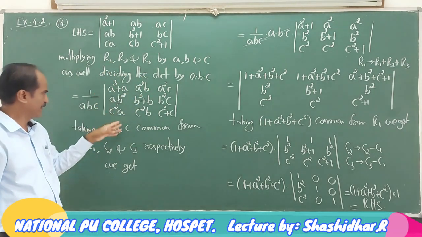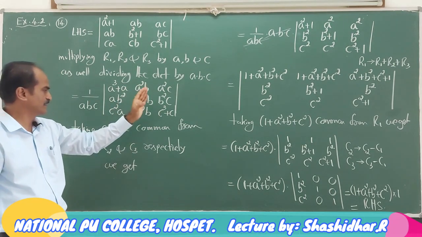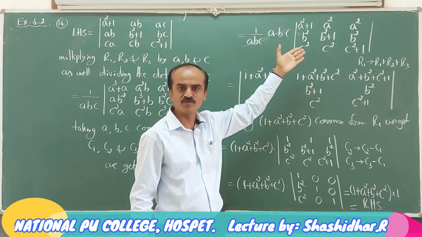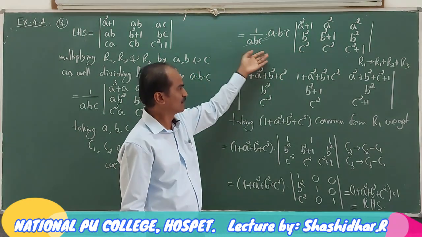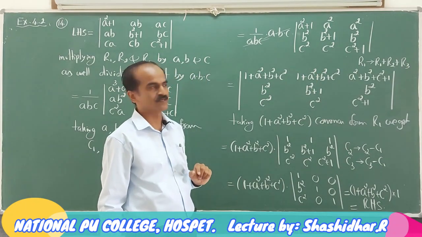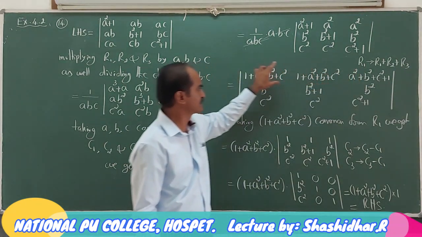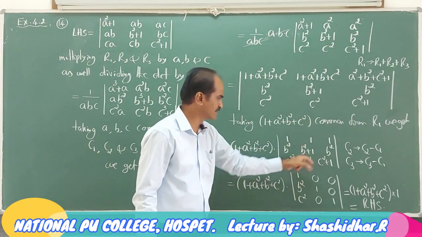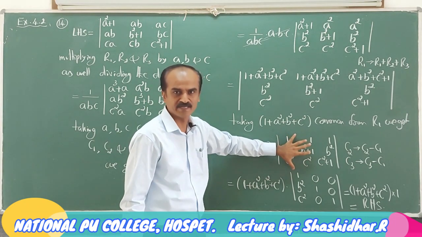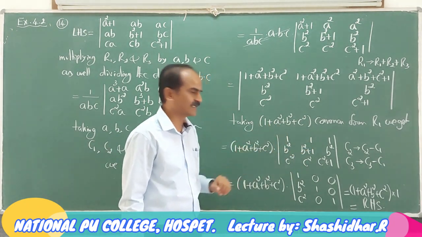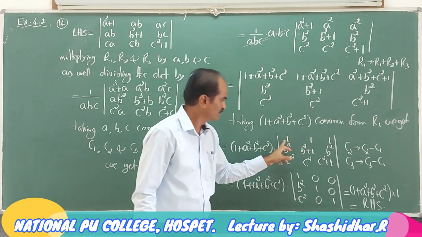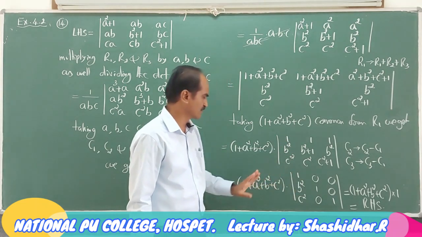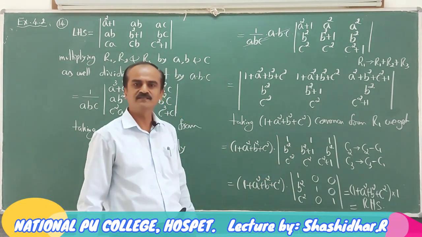Then we took a, b, c common from C1, C2, C3. Then we are able to get this determinant. Now all the terms contain a square, b square, c square. By doing a row operation, R1 changes to R1 plus R2 plus R3, the elements of the first row, 1 plus a square plus b square plus c square, take that as common factor, left with this. The value of this determinant will be 1. Instead of expanding directly, what we did is we made some of the elements 0. The possibility is there, we can make it 0 because all these elements are 1, 1, 1. By doing subtraction of columns, you are able to get zeros. Then expand, you are ready with the result.